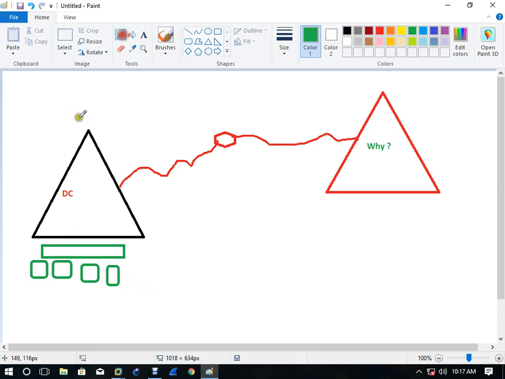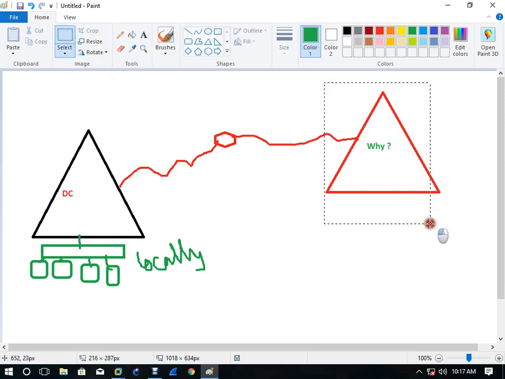And if they want to log in to the server, they are connected to the server locally. But in a branch location, maybe you do not have a server.